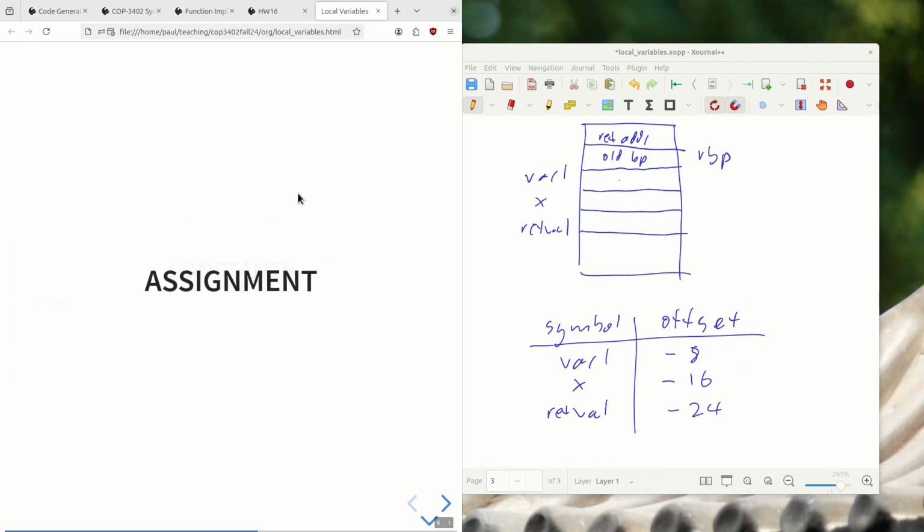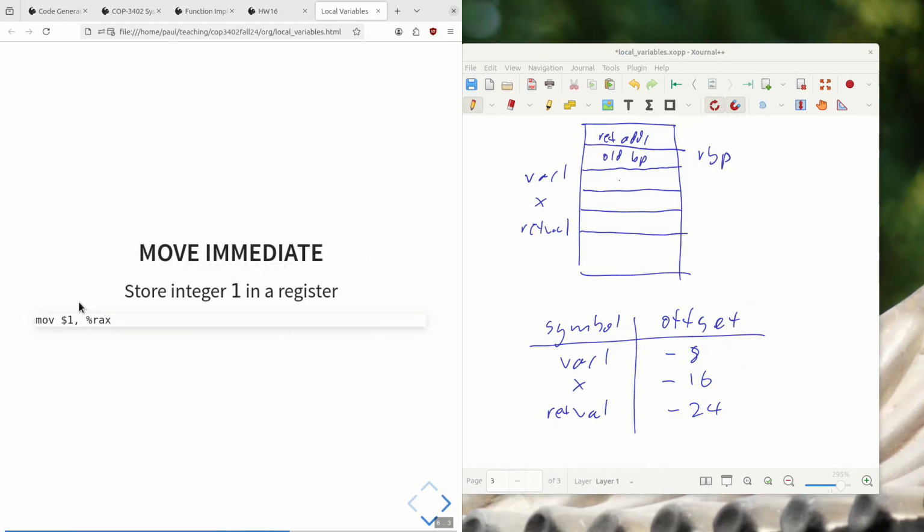Okay, so let's look at what assignment looks like in assembly with this scheme. In our myfunc program, we have an assignment of x to immediate value 1. So how do we store an immediate value into a register? This is the assembly code for doing that. You say move immediate, this is the syntax for an immediate value, into a register. So now we have our value in RAX. The question then becomes how do we move whatever the value of RAX is into memory, how do we move something into this